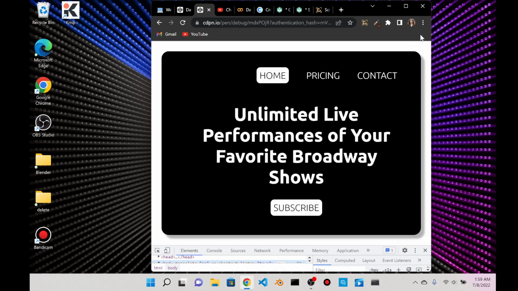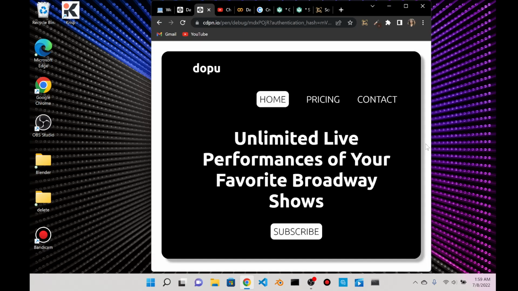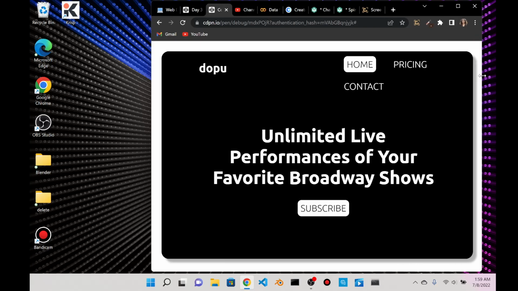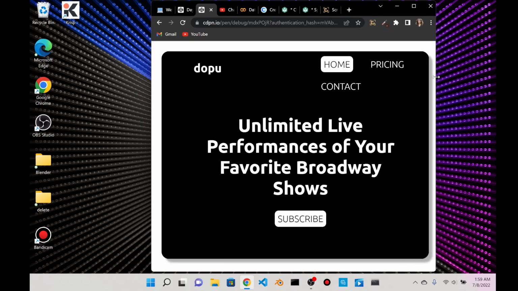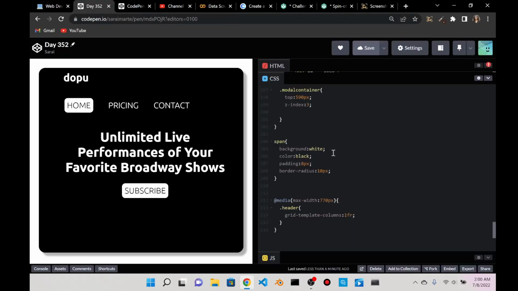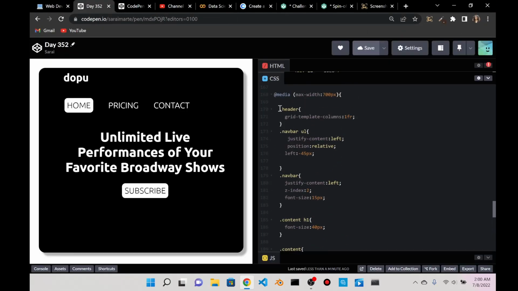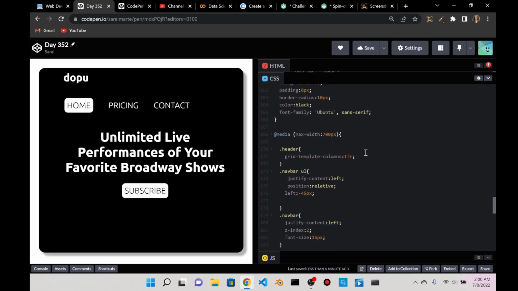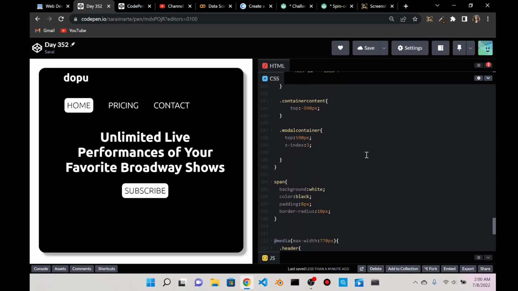It does, but then it goes, so it's all the way to the right, which is the problem that I had before, so I have to fix that real quick. Maybe instead of 700 pixels, but that doesn't make sense, then why is